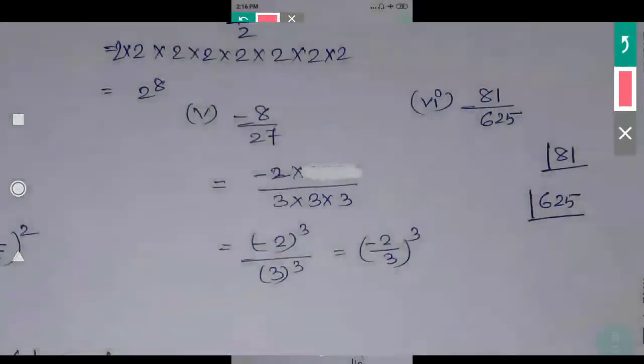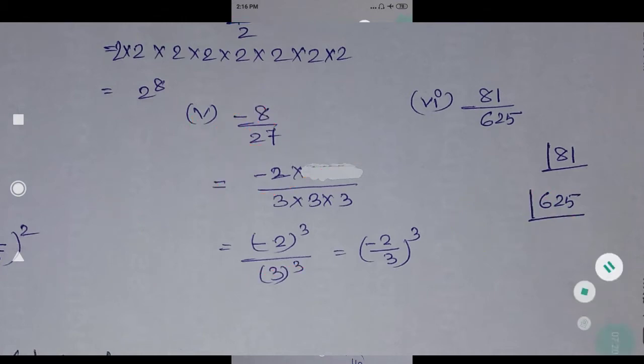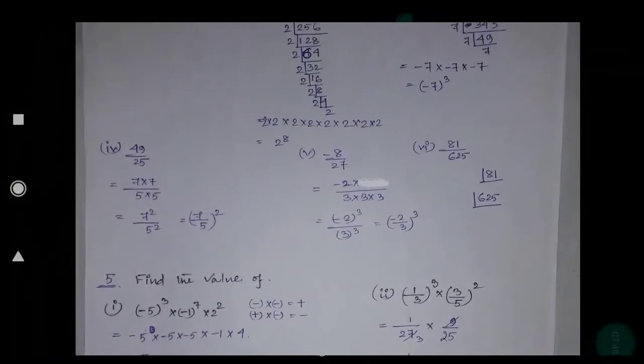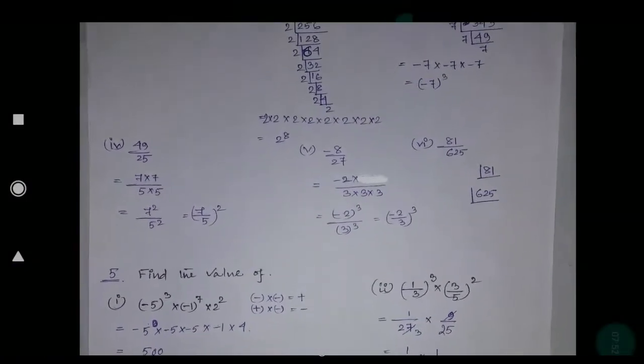Okay, now see, this one you have to do, question 6, 81 by 625. First you have to find what? Factors of 81. If you find the factors of 625 also, ultimately suppose you get a power 4 in the numerator and b power 4 in the denominator, like this. a is one number, b is one number, I am just telling. Then what will be the answer? See, here also power 4, here also power is 4. So I can write this common power outside the bracket. So I can write it as a by b whole power 4. So like this you have to do.